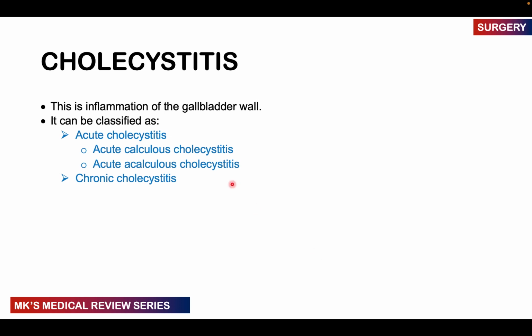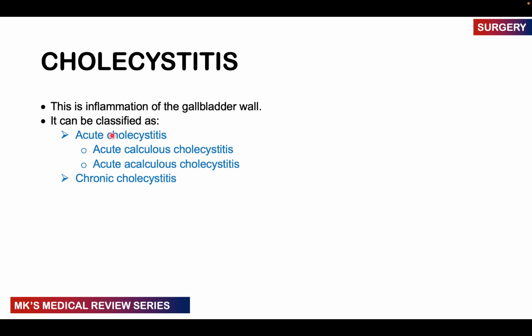So remember, in medicine, anything that ends in itis means inflammation. When you talk about mastitis, inflammation of the breast. When you talk about appendicitis, inflammation of the appendix. So when you talk about cholecystitis, this is simply put inflammation of the gallbladder wall. It can be divided into two types. You have an acute type of cholecystitis, which has a sudden onset, and a chronic type of cholecystitis, which has a prolonged, gradual, remitting